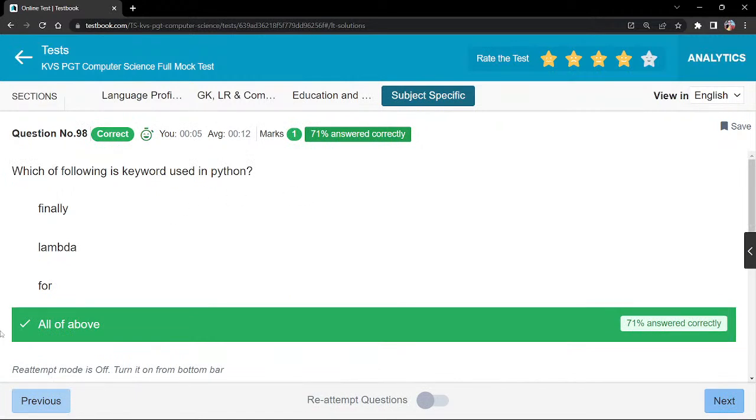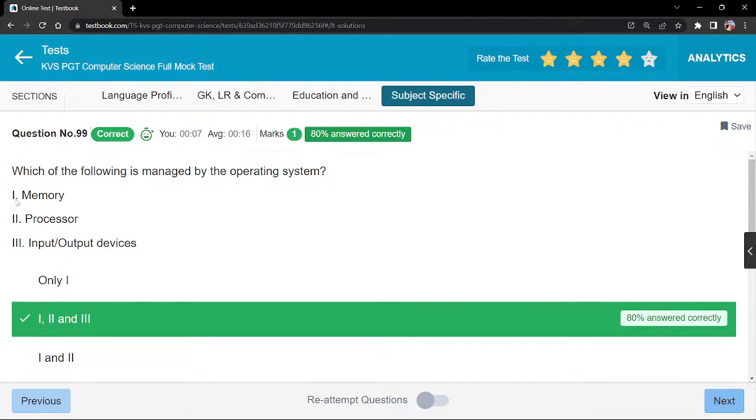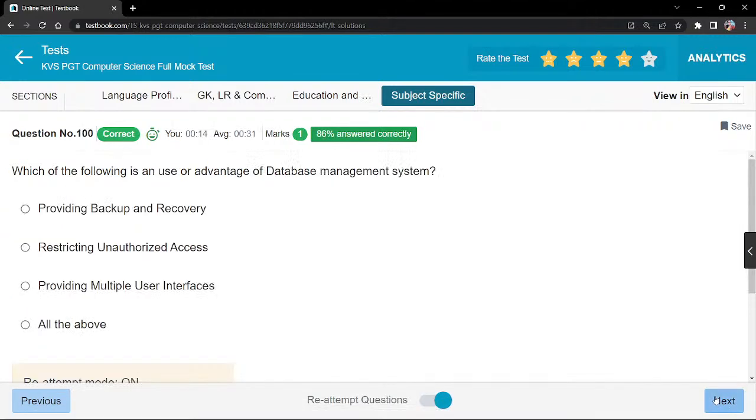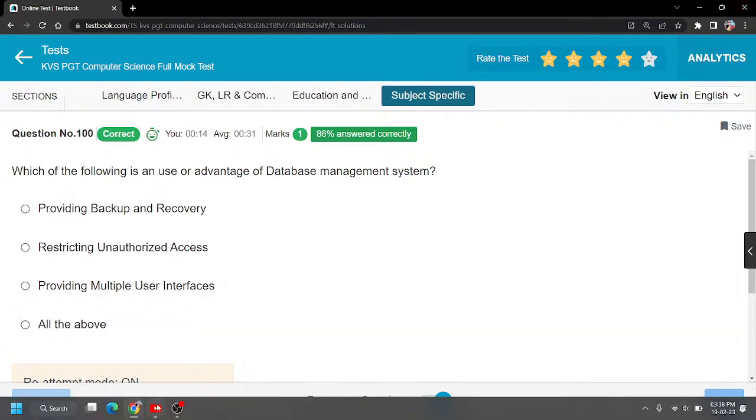Which of the following is a Python keyword? finally, lambda, for: all are Python keywords. Which is managed by the operating system? Memory, processor, input output devices are managed by the operating system, okay. And the last question, you tell me the answer: which one of the following is an advantage of a database system? Providing backup or recovery, restricting unauthorized access, or providing